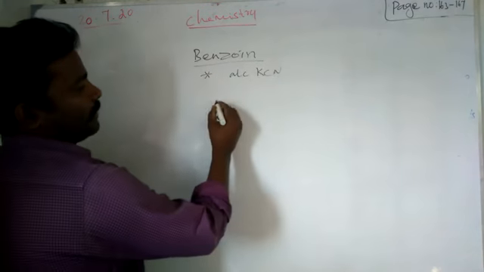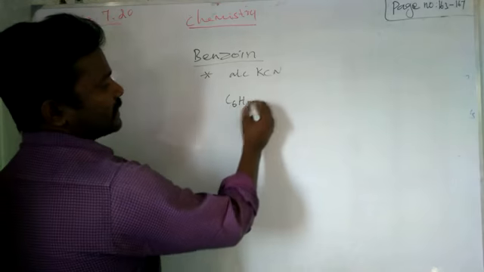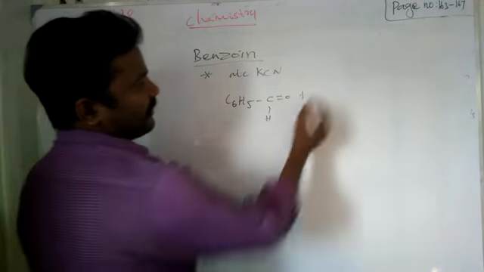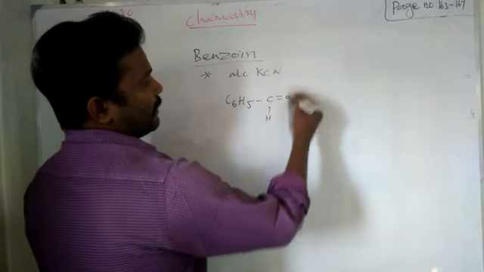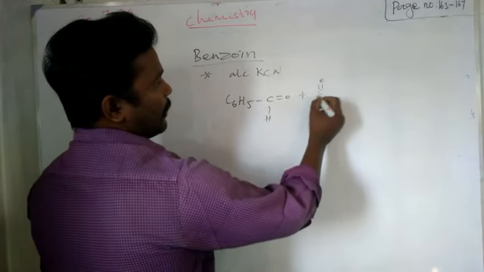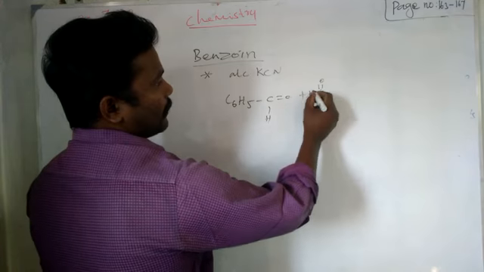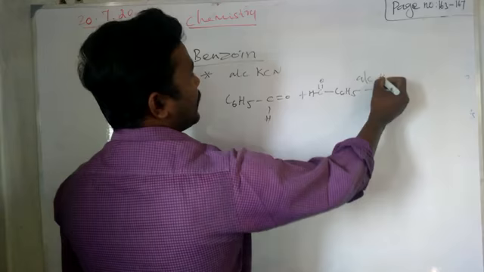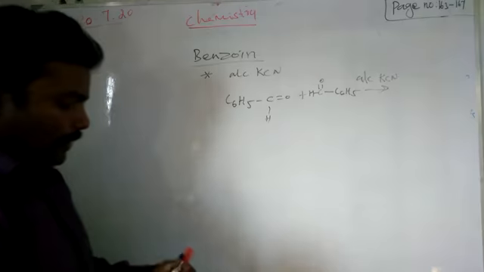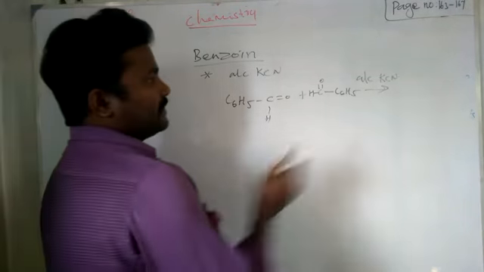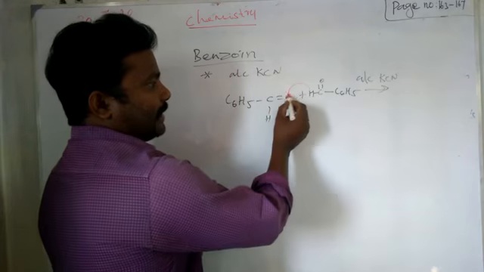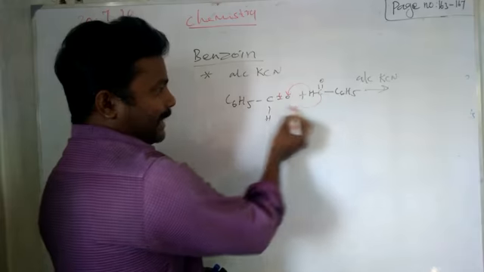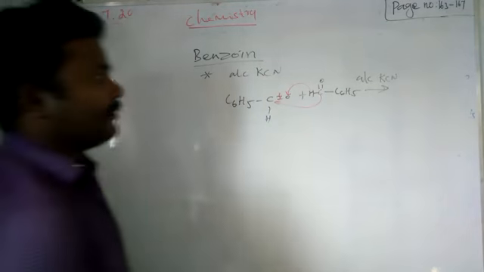So you can take benzaldehyde, 2 moles, C6H5C double bond OH. Then it is treated with another benzaldehyde. You can write in reverse manner C double bond O H C6H5 in the presence of alcoholic KCN. Now what will happen? Very simple. You just remove this hydrogen and combine with O. So the double bond will break. Then you connect these two carbons. You will get the benzoin product.